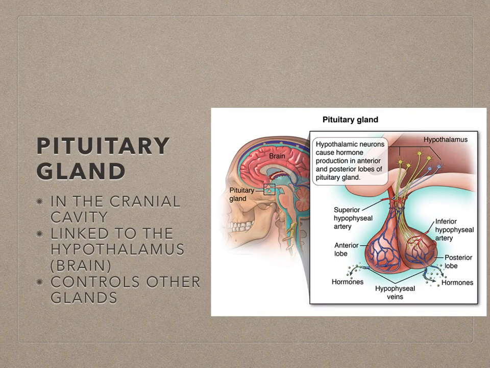about what they do. So the pituitary gland is a very, very important gland. It's located in the cranial cavity just below the brain and actually linked to the brain by a short stalk. It's linked to the hypothalamus, which is the homeostatic center that controls body temperature and a number of other important functions. And the pituitary gland is often called the master gland because it actually controls other glands as well as some